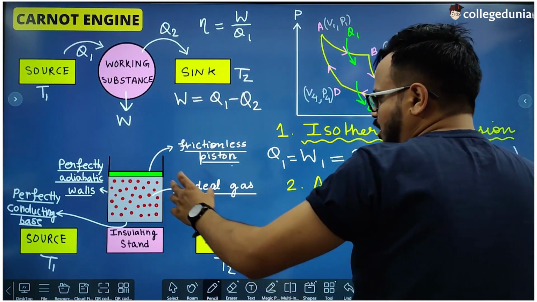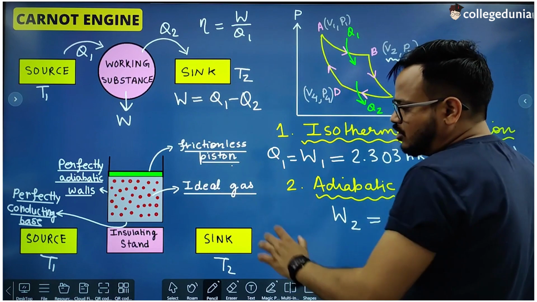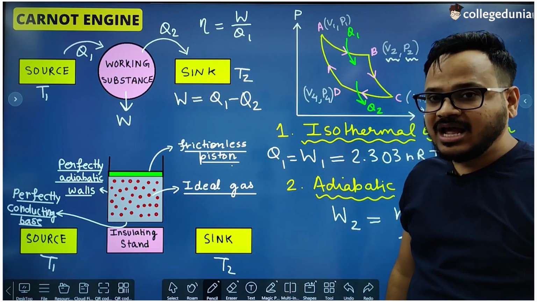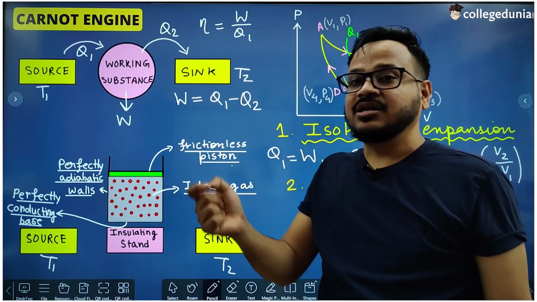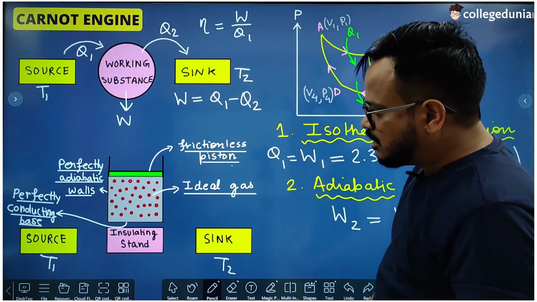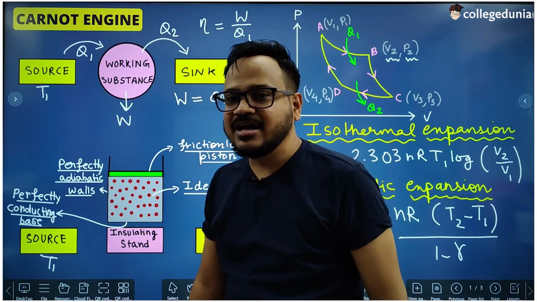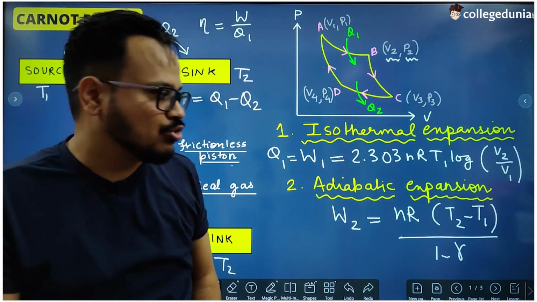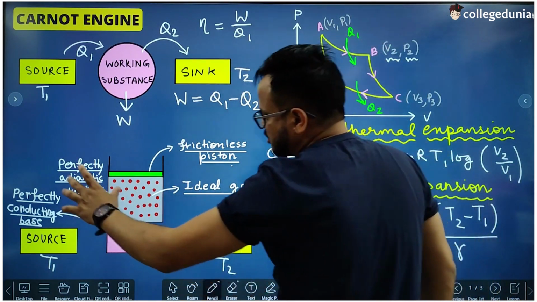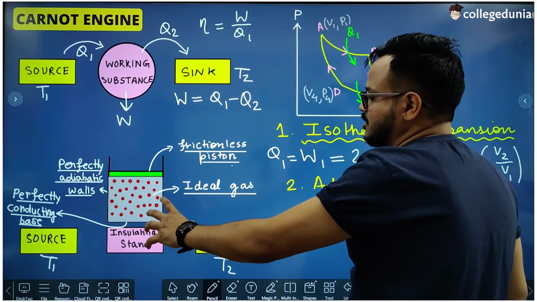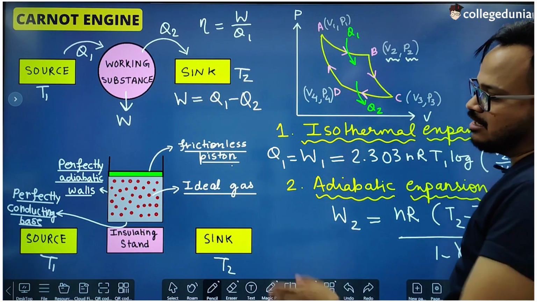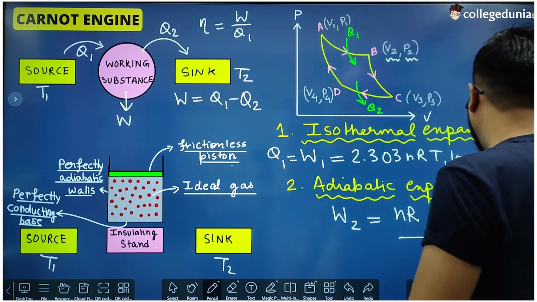So in the third case, we will put this cylinder on the sink and we will slowly compress the piston of this cylinder, and during each compression the amount of heat which is produced is being rejected into the sink because the base of this cylinder is conducting, right? So the process remains isothermal. Now in the first case the temperature was T1, in the second case the temperature did not change, and in the third case now we are changing the temperature till the temperature of the gas becomes T2.